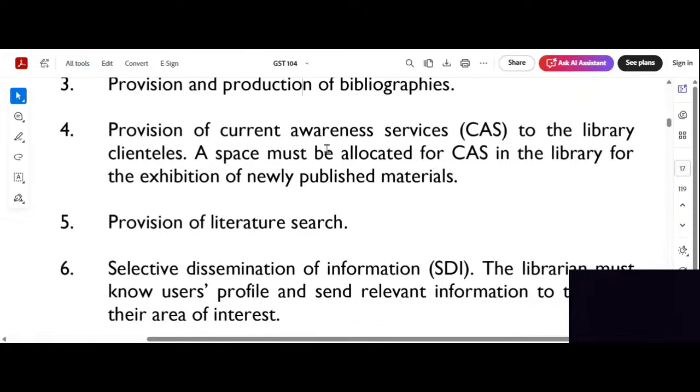Now, provision of current awareness services, CAS, to the library client list. The client list, those are the clientele. A space must be allocated for current awareness service in the library for the exhibition of newly published materials. Now, from the name alone, if you don't know what CAS means, once you hear the name current awareness, what that means is,